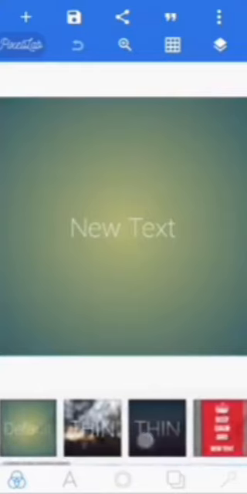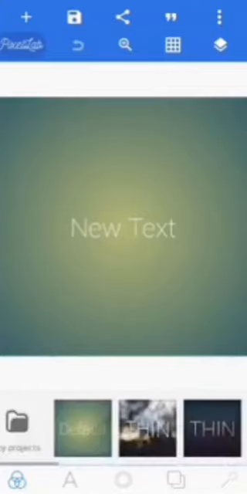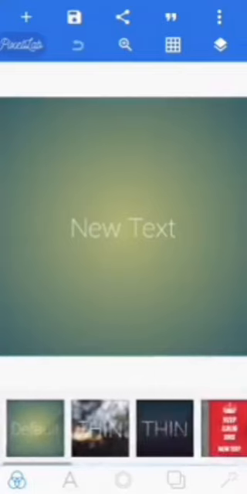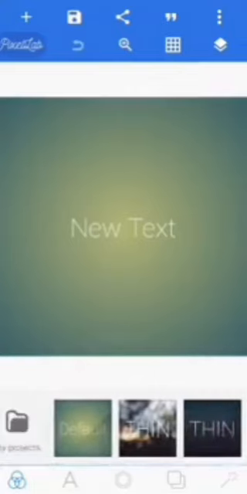Although it's not compulsory you choose any of them, you can just go with this default and change the color. So it's not compulsory you choose any of these backgrounds, but you must be careful about what you are doing with them. So after that, we have